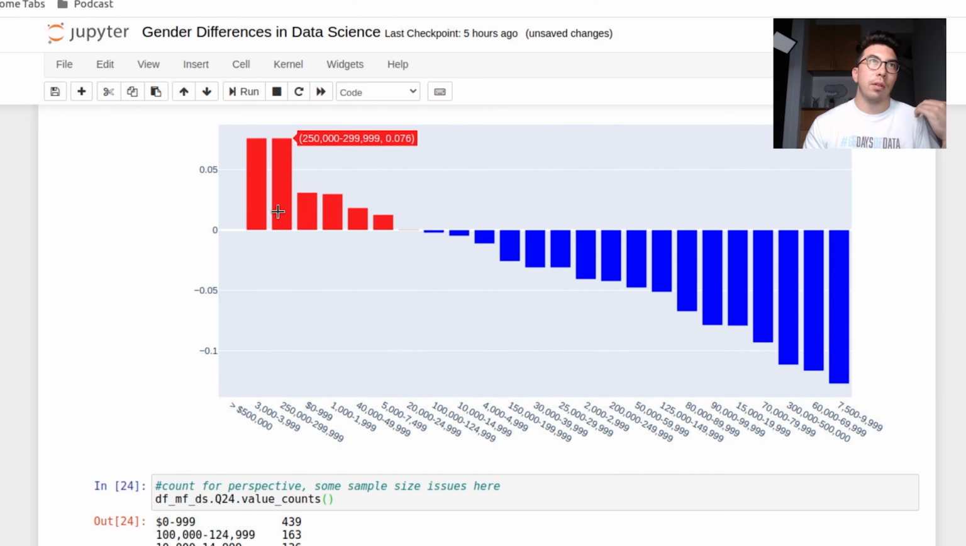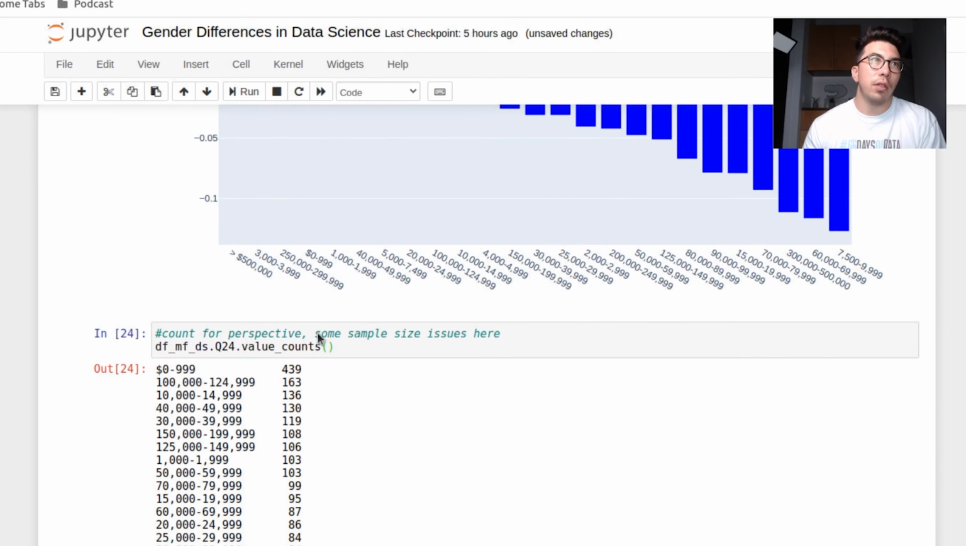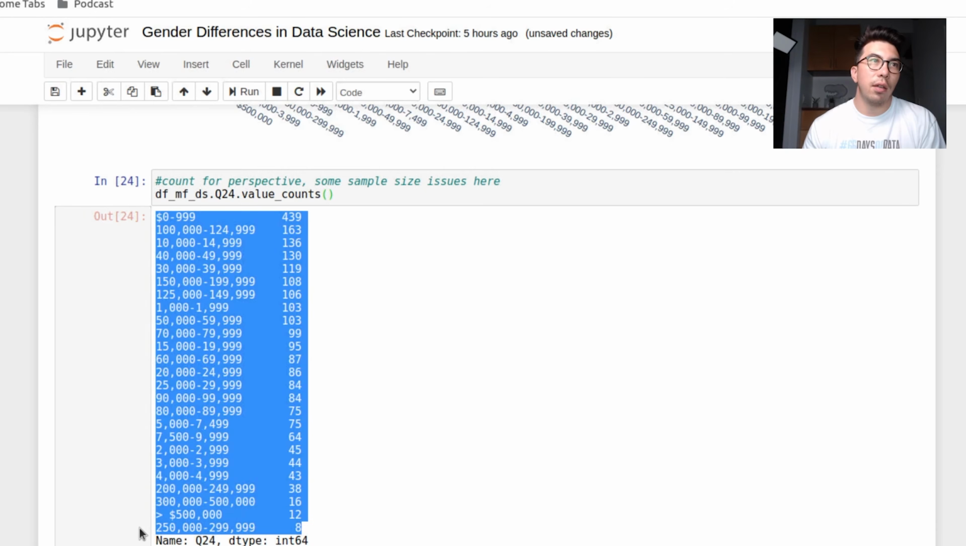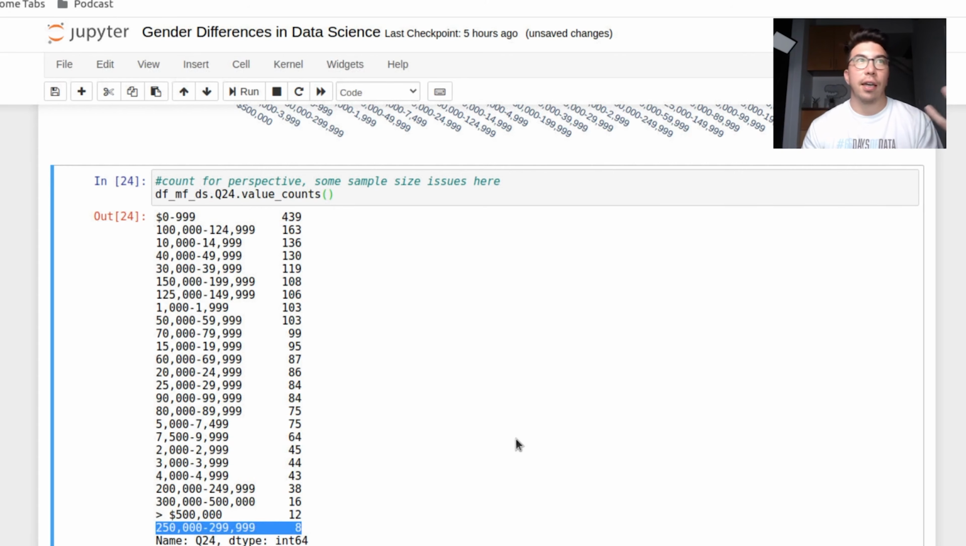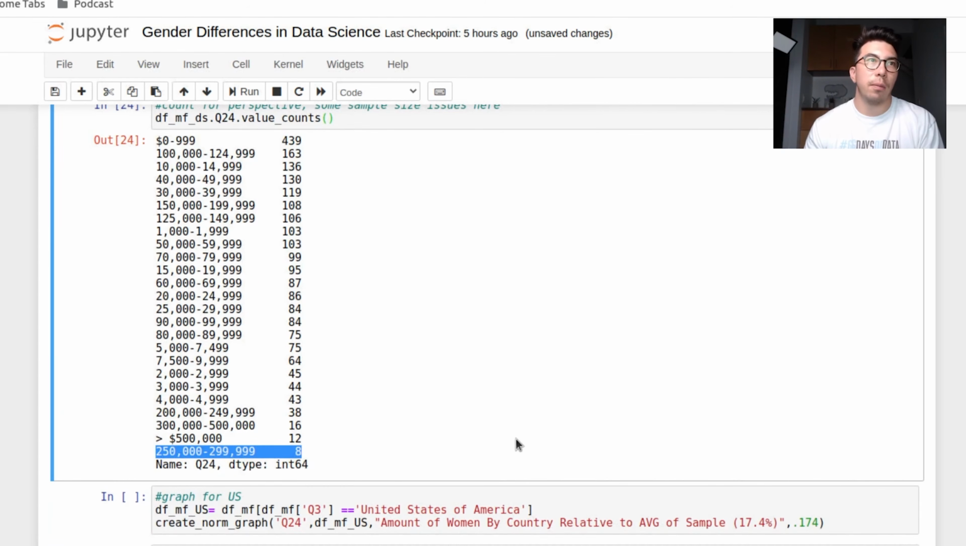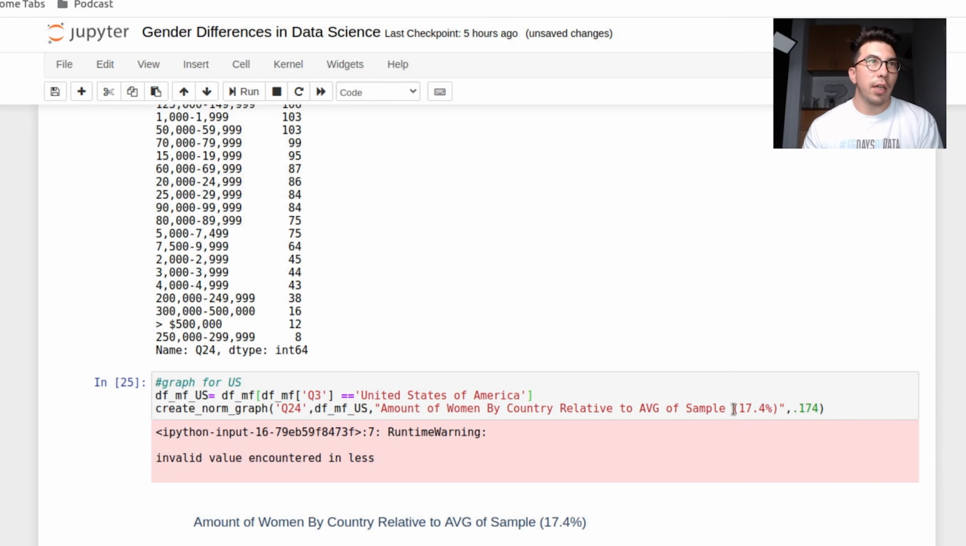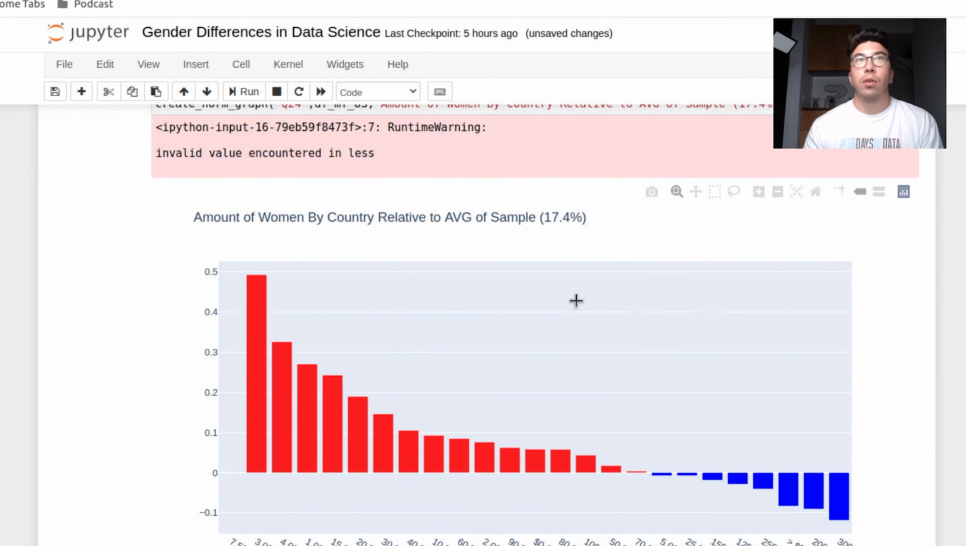There is more female representation across 250,000 to 300,000, but the amount of the sample is really small. There are only eight of these values here. So that's something again that we need to evaluate and consider. Another thing I wanted to look at is simply the U.S. In the U.S., the population of female data scientists is higher proportionally, so we would expect a higher proportion across all salary ranges. Here though, men are dominating the higher salary ranges,